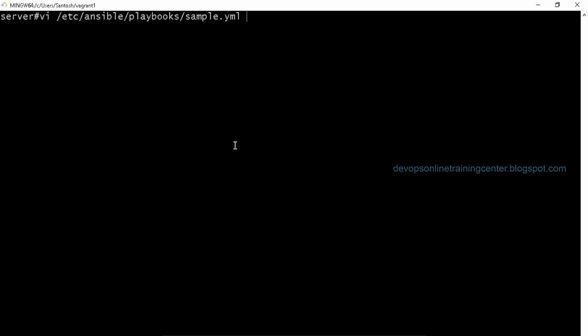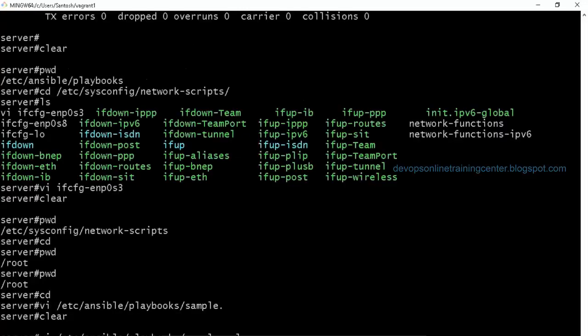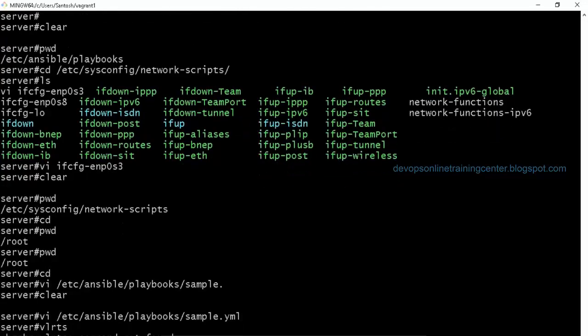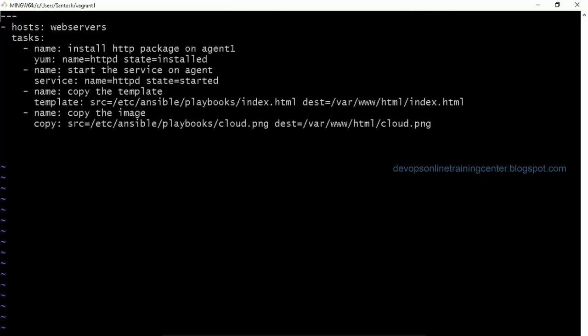So let us say I have this sample.yaml. I'll take a backup before modifying it. This installs HTTPD and starts the service, and what is the change I need to do to copy those binaries to the test nodes?